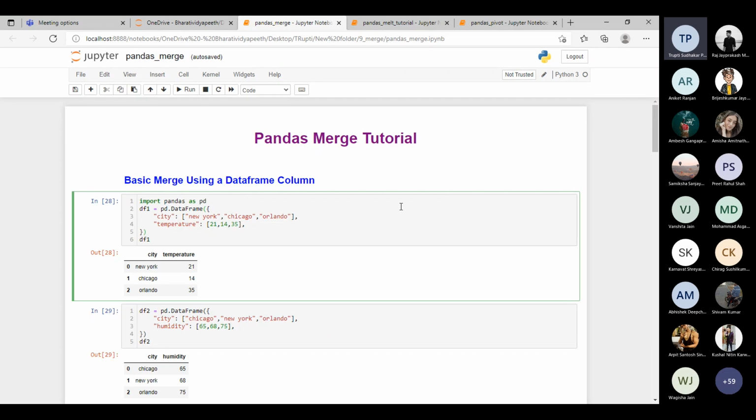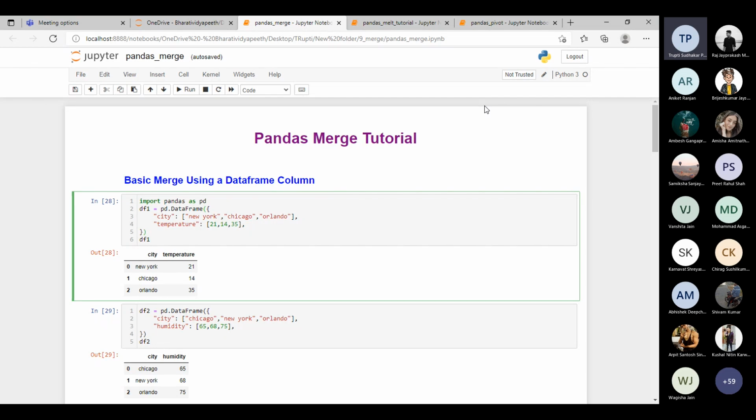Suppose I told you to retrieve the data of the city whose temperature is greater than 20 or less than 20, or student data whose marks are greater than 10 or less than 10. At that time, this small query is required to fire. And you can fire all these queries in SQL also, once you start learning MySQL and SQL. And your database teacher will definitely tell you all about this query in an elaborate way.